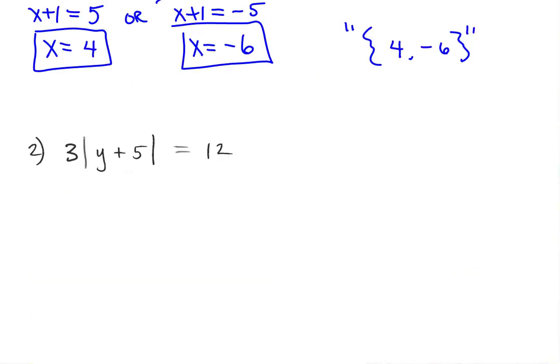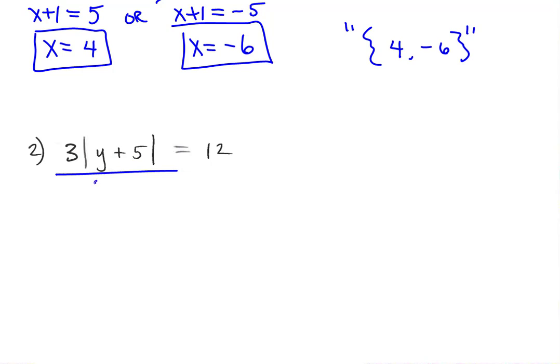Our second example begins as 3 times an absolute value expression, where inside that absolute value we find y plus 5. So the 3 is out in front being multiplied with this absolute value expression. And then that's equal to 12. Now what we just saw with this little strategy of splitting up the absolute value works great unless there's other factors or terms surrounding it. So this 3 that we find in front, we actually don't want there in order to be able to split this one, which means what we can do is, since that 3 is simply being multiplied with the absolute value expression,